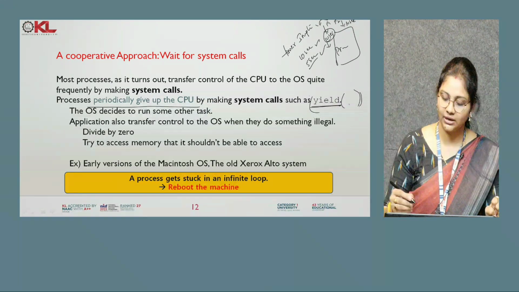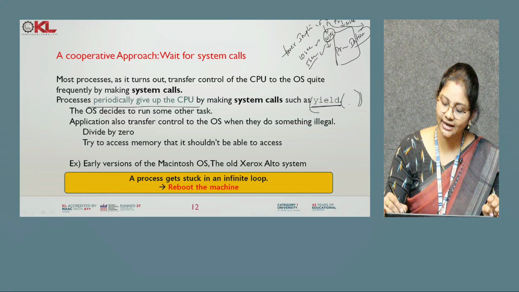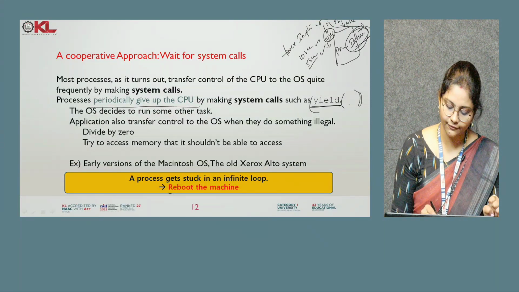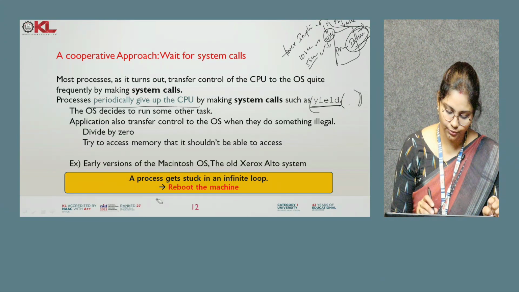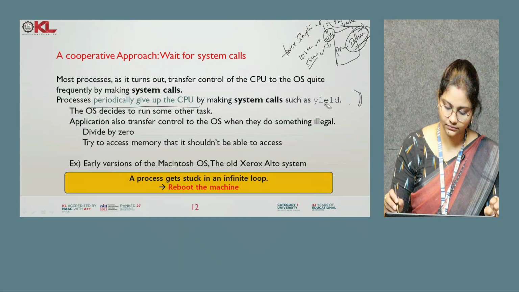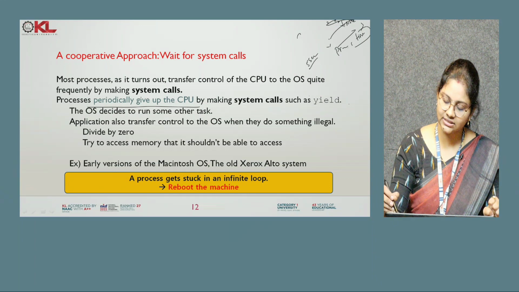For example, if the P1 process has some infinite loop, it won't see any timer interrupt, and it will execute continuously. In that case, we have to reboot the machine. Along with this yield system call,